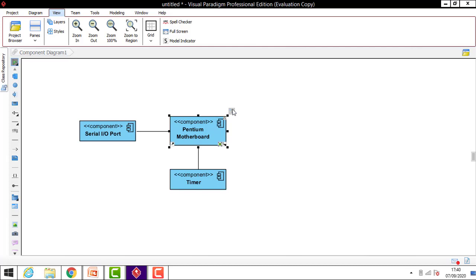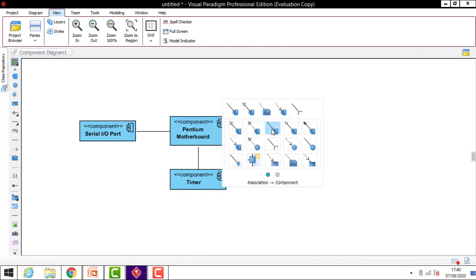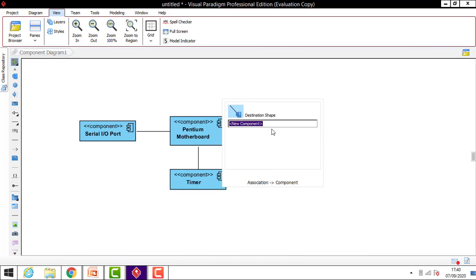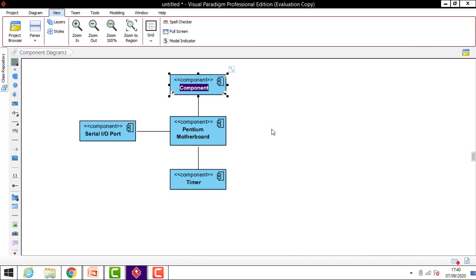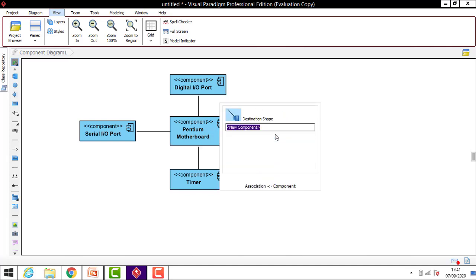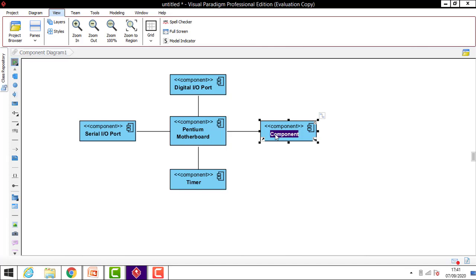Again click here to create another component, and take the association of the other component. Click here and type another component name. So this will be the digital input output port. Okay, now to add another component here, again click on this resource icon, select here and press enter, and type